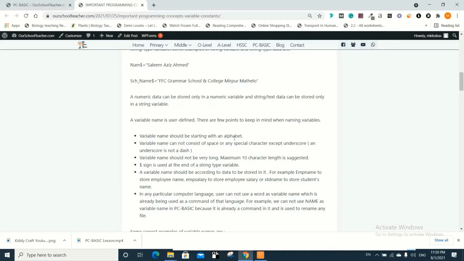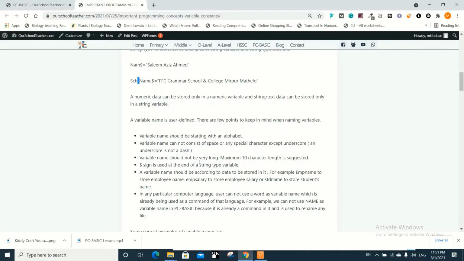So underscore is allowed, but any special character is not allowed. Means, for example, you want to write father's name, so you can write there F underscore name. That is possible. Just like this. Here I have written SCH, then name. So this is an underscore. This is not a dash.